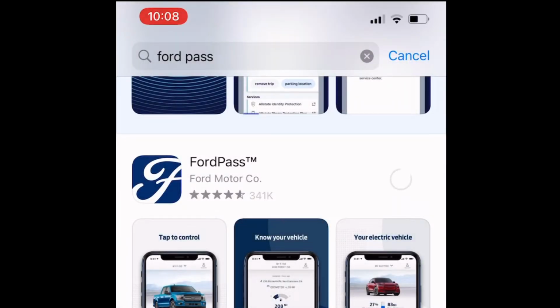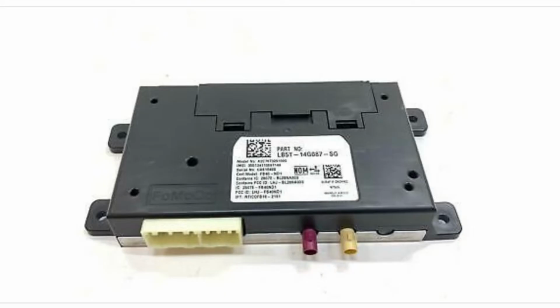You can literally remote start your car from the other side of the world with this app, so the range on the remote start isn't really an issue with this system. And Lincoln has a similar app. It's called Lincoln Way. To make all this possible, the onboard computer systems relay information and accept inputs through a